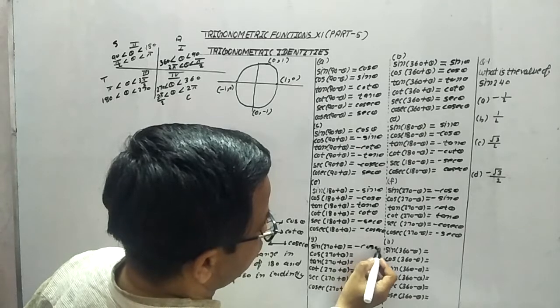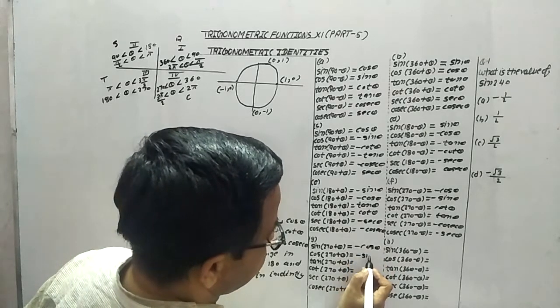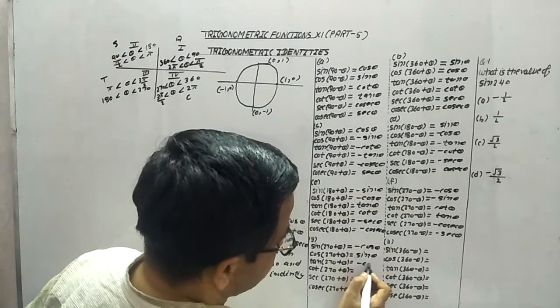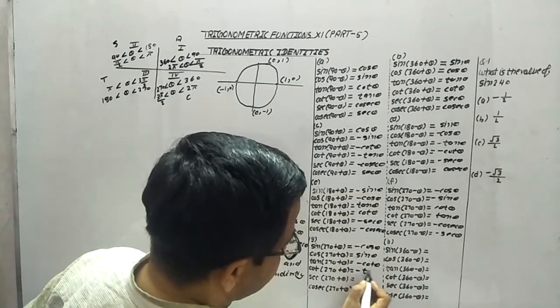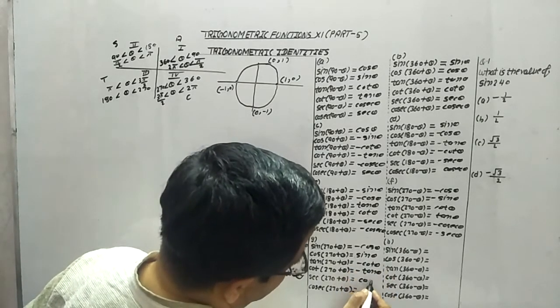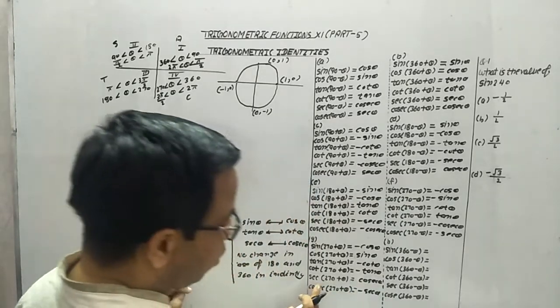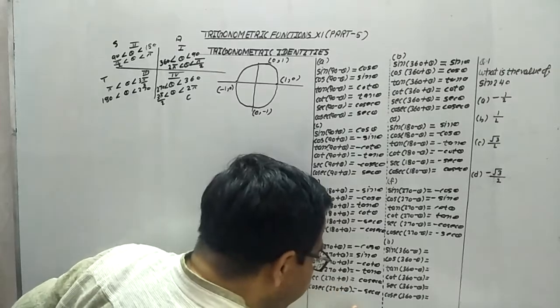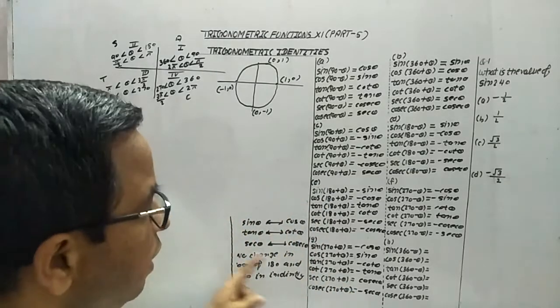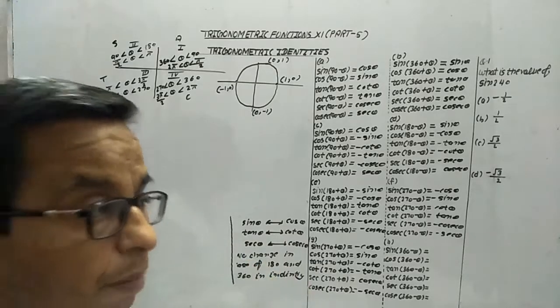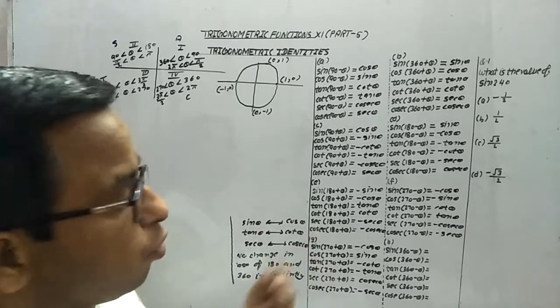So this is minus cos theta, this is minus sine theta, cos theta is sine theta, tan theta minus cot theta, this is minus tan theta, this is positive result cosec theta, and this is minus sec theta, because we have to change the sign with respect to, excluding cos and sec. बाकी सब में साइन चेंज होंगे in case of fourth quadrant.